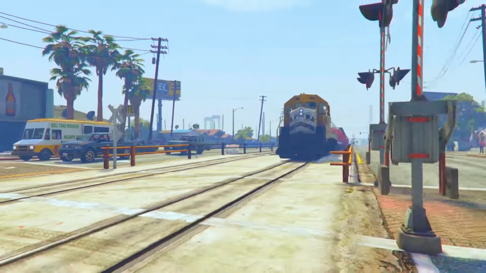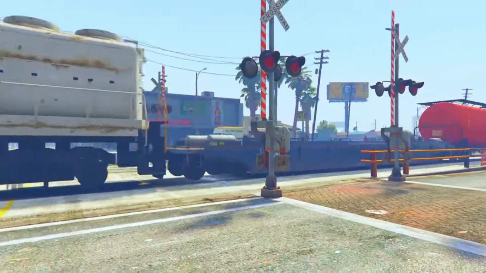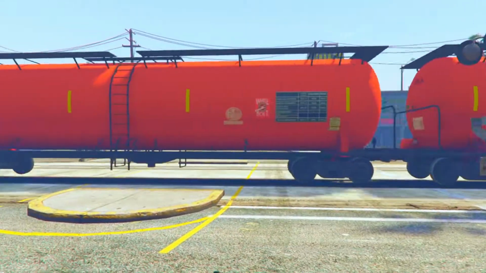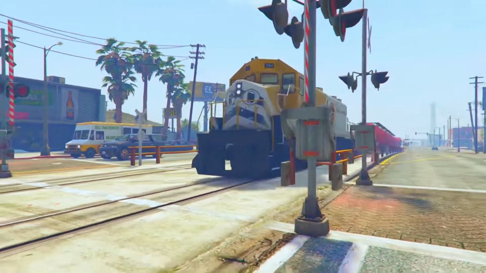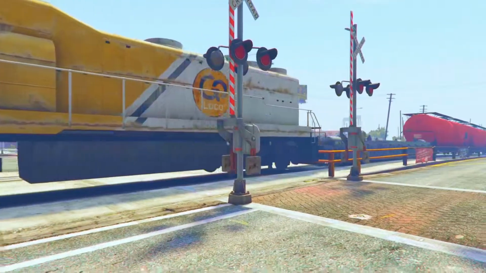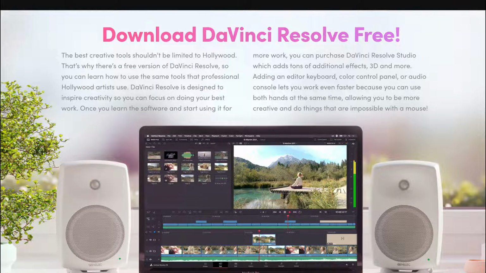Hi! In this video, I'll show you how to use DaVinci Resolve and take footage that is not slow motion and slow it down to get a smooth slow motion result. One of the slow motion settings, called Speed Warp, is only available in the studio or paid version of Resolve,